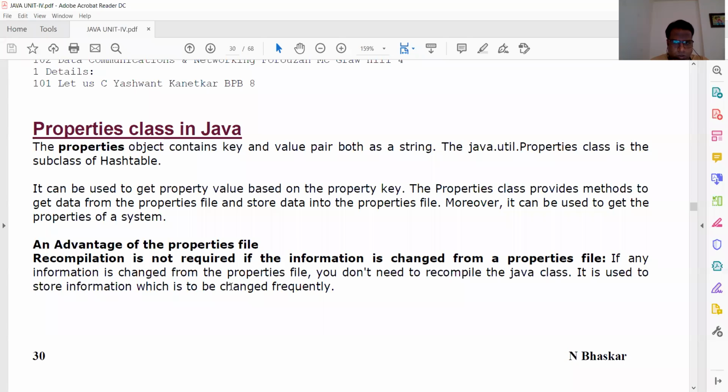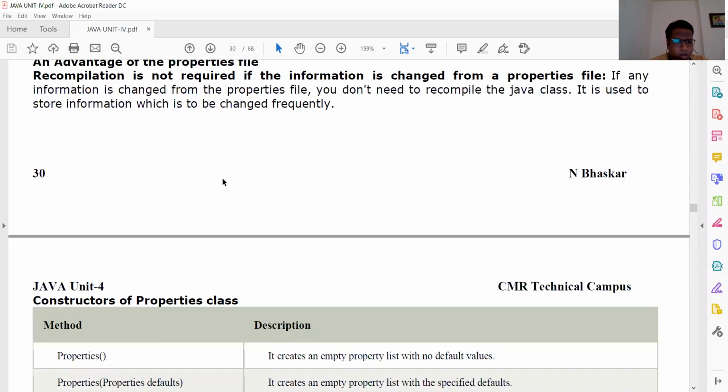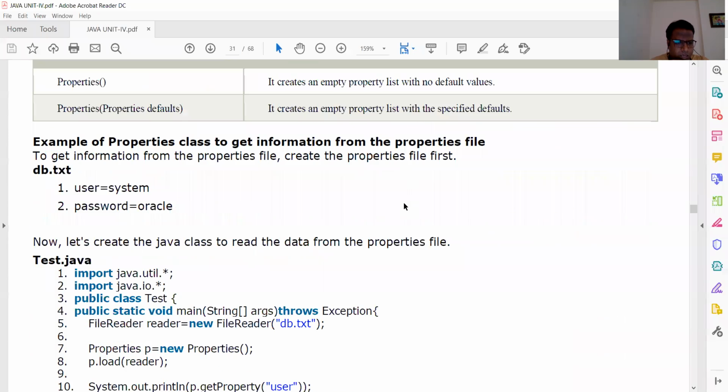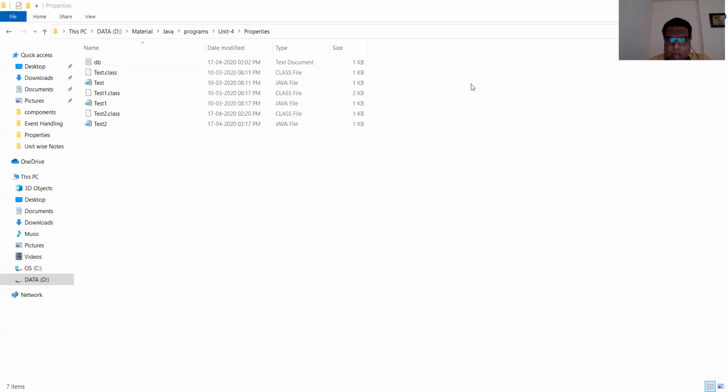Right? The Properties class we were just discussing, I will show you the sample very clearly. Coming to share the screen. Are all of you able to see it? This example I'm going to show live, then you can understand more clearly.